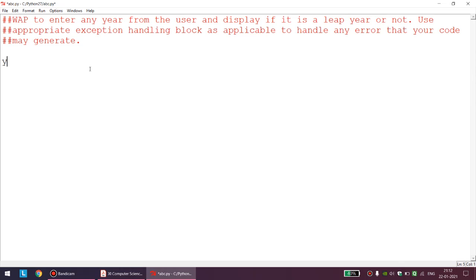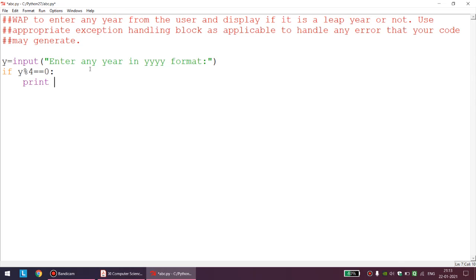So let us say y equal to input. I will first design a very basic level program. Enter any year in YYYY format. The condition we know: if any year is completely divisible by 4, then it is considered to be a leap year.